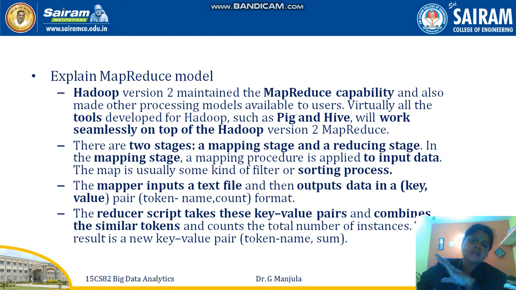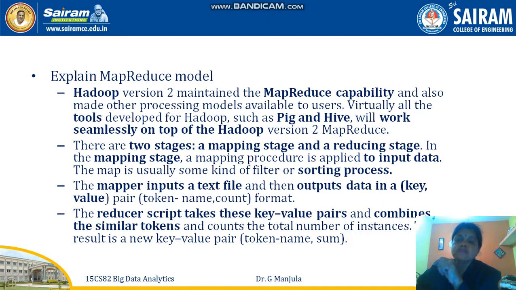Mapping is an ordinary stage where it can be applied to input data, whereas reducing is a stage where we can say it's about the output data. For example, you can see the mapping stage procedure is applied to input data, and whatever you apply to the input data, some kind of algorithm you are going to use. Either it may be a Bayesian algorithm or a machine learning algorithm, maybe a sorting technique or a searching technique can be used. Such techniques can be used for processing the input data, that is called mapping. Now during mapping, what is happening?